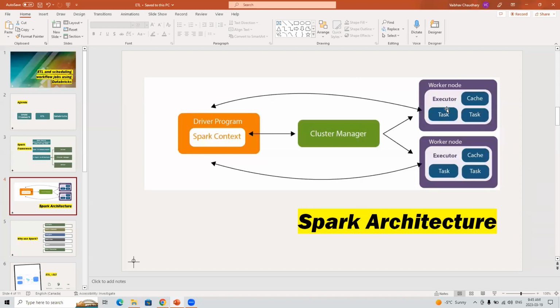You see these arrows, they are communicating together now. After the cluster manager is done assigning worker nodes, there can be two, there can be many worker nodes. And in each worker node, there can be many executors. This is the place where the data is, and read and write is going on, and transformations are going on, stuff like that.